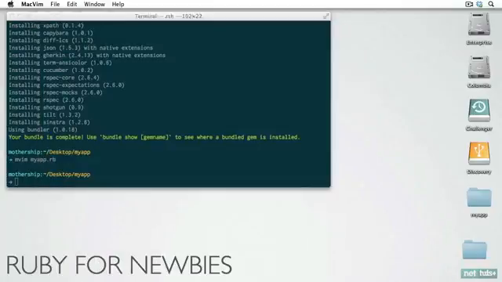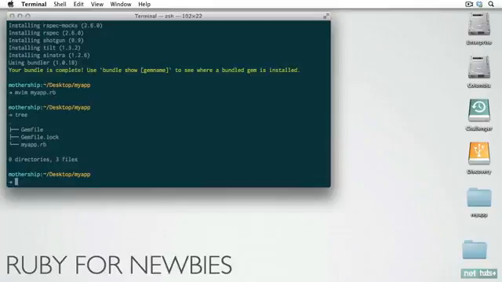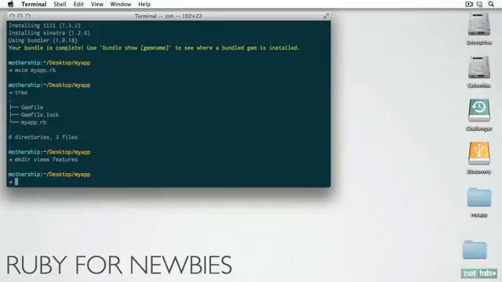I'm just going to quit this. Let's see, what do we have so far? We've got Gemfile.lock, which we got when we installed the gems. Okay, so let's create some more directories here. I'm going to create a views directory, and we're going to create a features directory, just because we're going to need that in a minute when we come to testing. All right, so let's open in the views directory. Let's call this